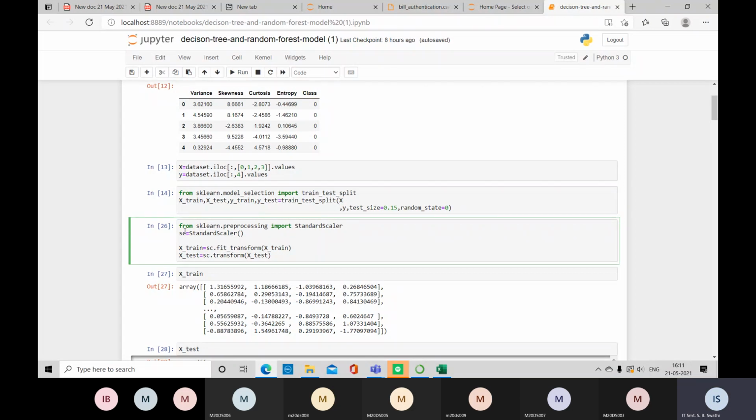Now SC is an object, and we are initiating this method, or we can call it a class. After initiating, now apply this SC to X, that is X train and X test, because all these 4 columns are present in both X train and X test. Apply this one for X train.